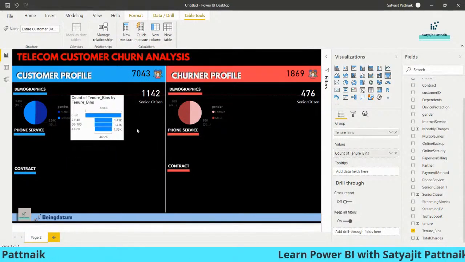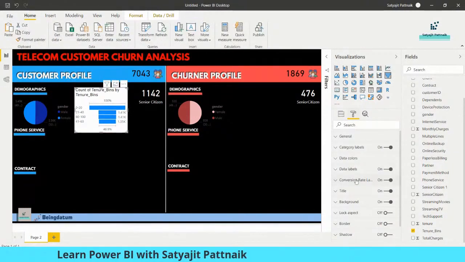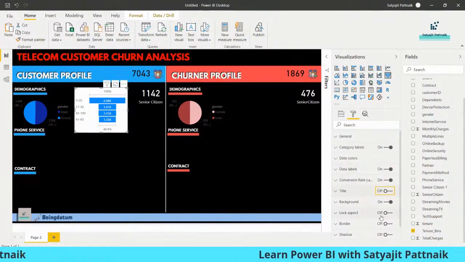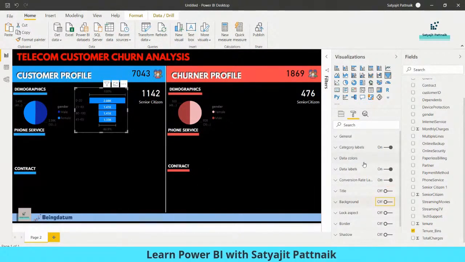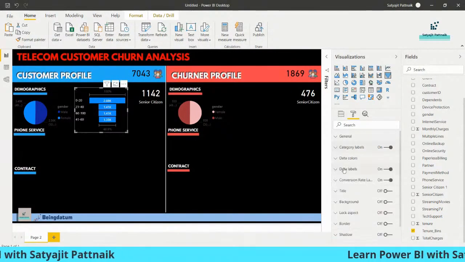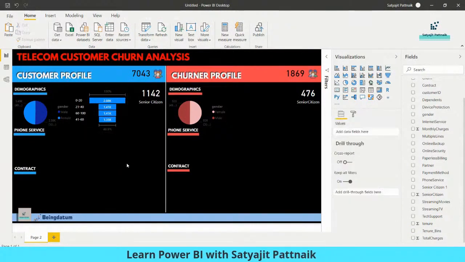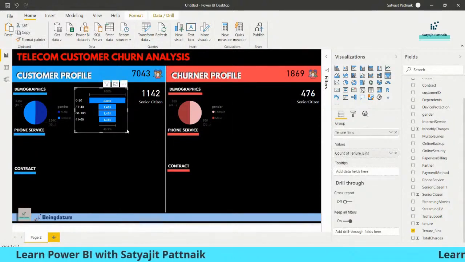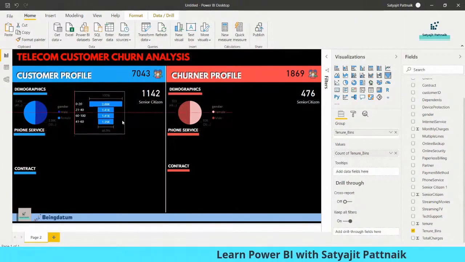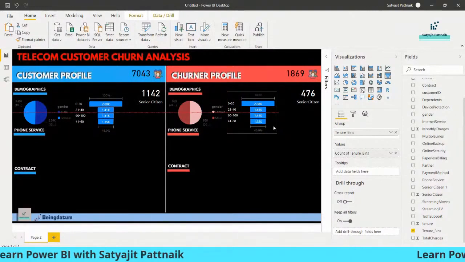Obviously, I don't have the capacity to make it look big. So I will just change the title. I will probably change the background and category labels. I will just change it to white and data labels. I will change it to white. Okay. And what else? I think that's fine for the time being. So this is my tenure. Okay, simply copy paste for your churner profile,